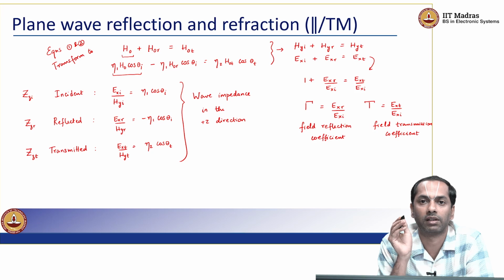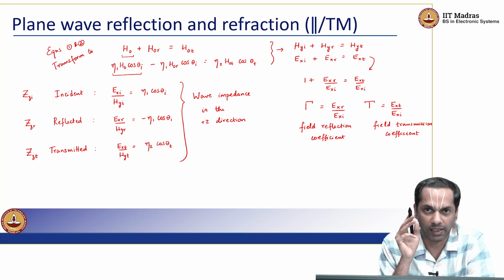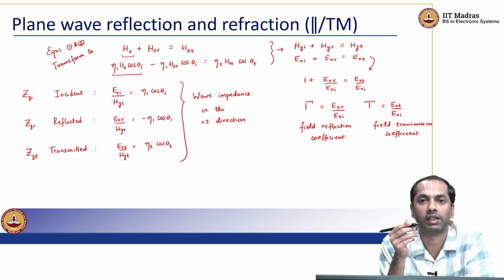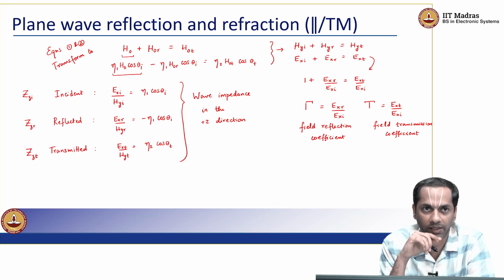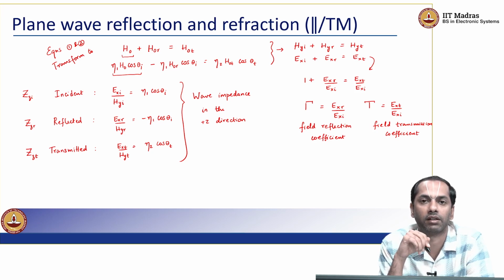If I look at these components, the electric field seems to have components both in x and z, but if I isolate the component of E along x and look at Ex and Hy, I can define a wave impedance associated with a plane wave going in the positive z direction. So Zzi is the wave impedance of the incident wave in the z direction. That is what the subscripts Zi, Zr, Zt